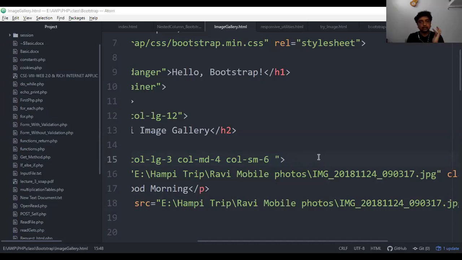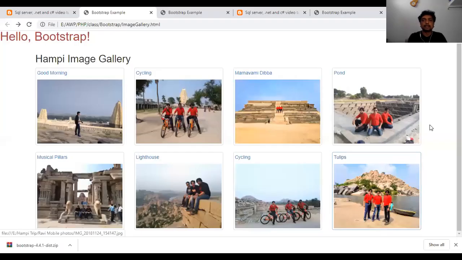Yes. Now I will show you the browser screen. Now it is viewing in the large devices or the large screen. For that, the code I have written is, for the large device, each column size will be 3, 3, 3, and 3. So 3 into 4, that is 12. So the 4 images we are going to see on the first row. Similarly, I have the 3, 3, 3, 3 size of 4 images in the second row.